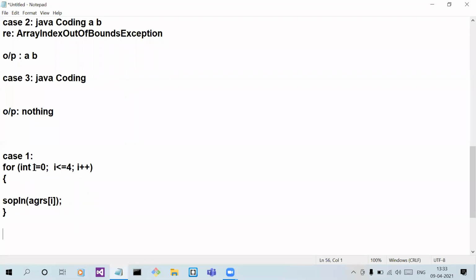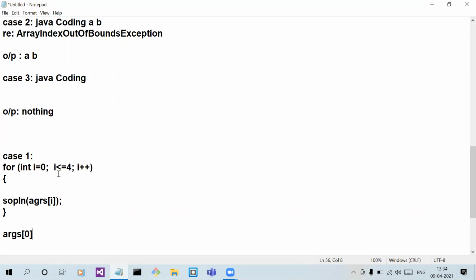We initialize i equals 0, it checks the condition: i less than 4, yes, the condition is true. So what value will it print? It will print args[0]. Then i increments to 1.